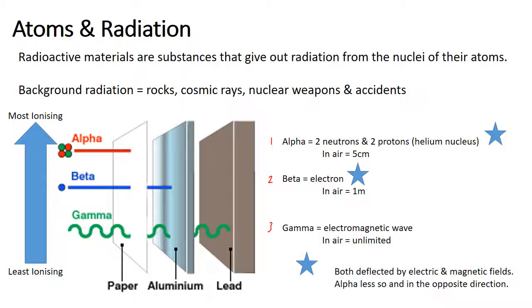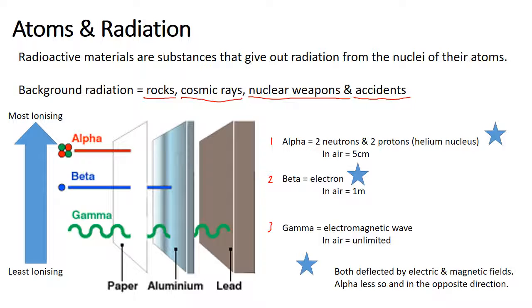Some of it's left over from the Big Bang, some of it is being emitted from radioactive materials like rocks, or cosmic rays from space, or even trace amounts from when we've used nuclear weapons in the past, or there have been accidents in nuclear power plants. At low levels, background radiation is not a problem. It's fine. However, if you were to set up a Geiger counter next to somewhere where there'd been a major accident, the amount of clicks going off would be through the roof,